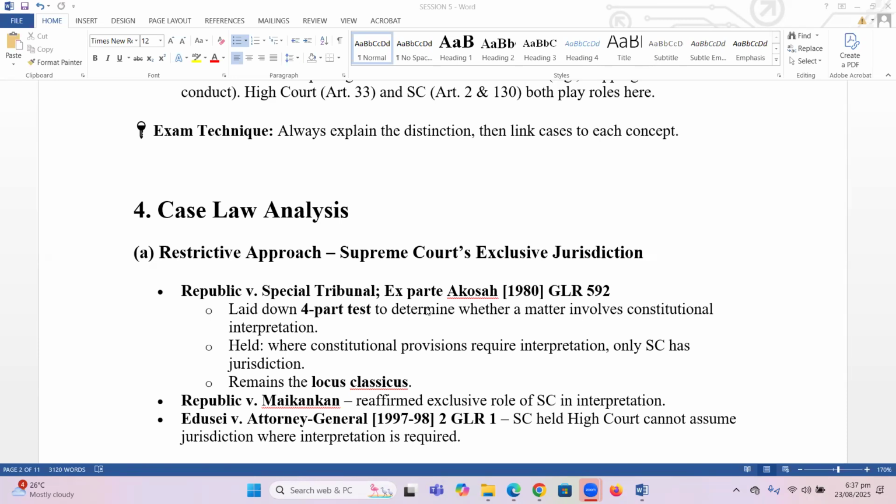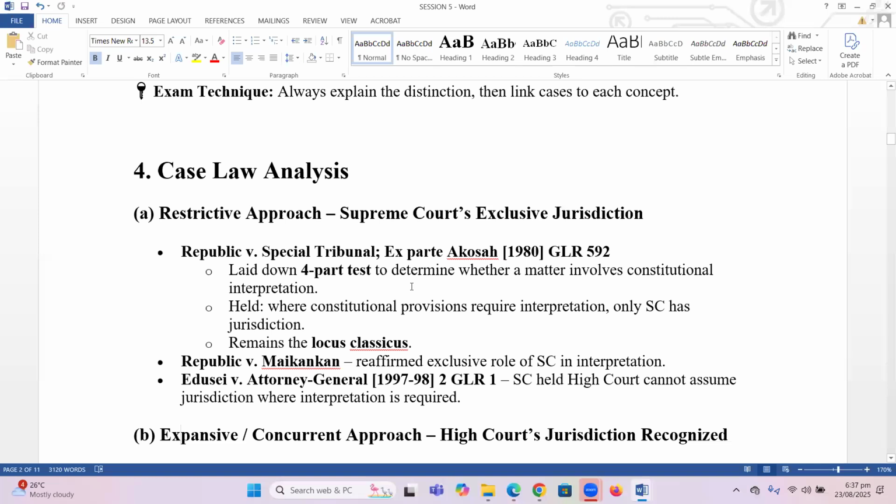But there have been a lot of cases which will later on go back to Acosta reasoning. We will come and talk about them. But just before we go, as at the time of Acosta, the position of the law, and of course Acosta will have been the locus classicus,